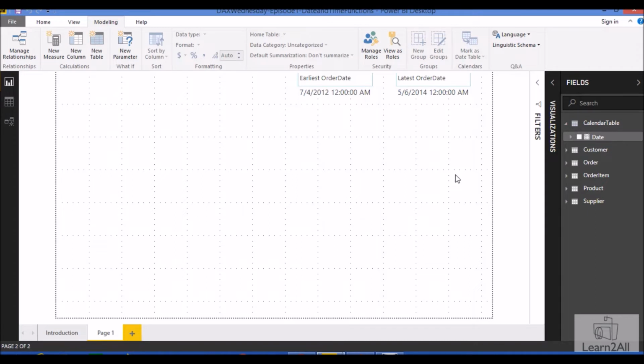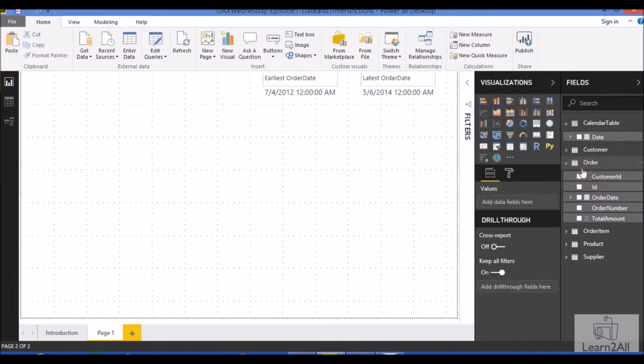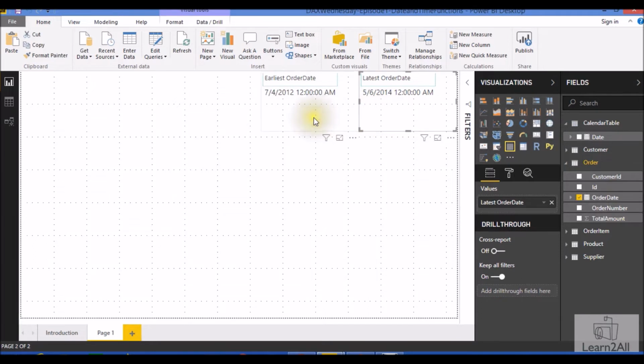Alright, now let's talk about the Calendarauto function. Calendarauto also returns the value in the form of a table. So similarly we need to click on New Table. I have an Order table in my database, and in it I have Order Date. I already put this Order Date column over here to find out the minimum date and the maximum date. Here I have July 4, 2012 as the minimum date and May 6, 2014 as the latest date. So if I use the